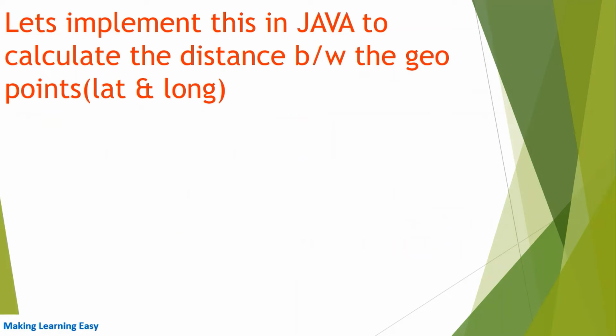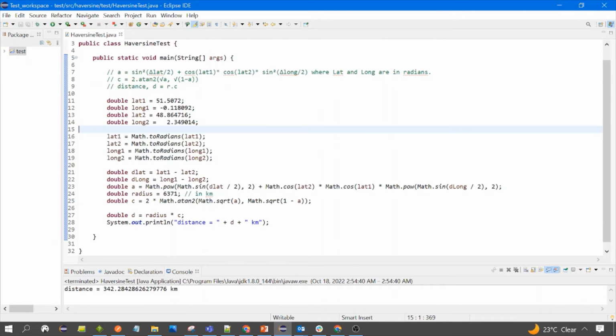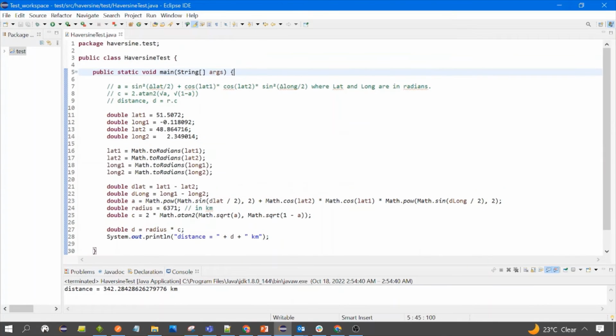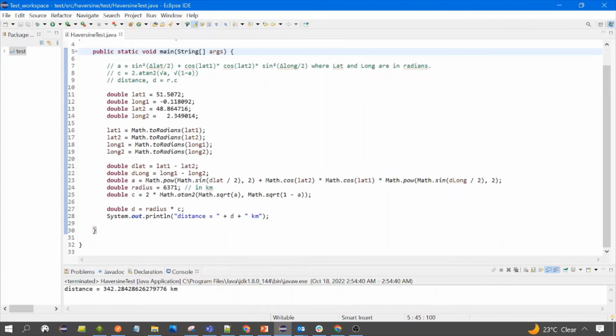Now let's implement this Haversine formula in Java to calculate the distance between geo points, between two locations on the earth. So this is my Eclipse. I have implemented this Haversine formula in Java. So let's see how we can do that. I have created the main method and you can see this is the comment where I have mentioned the formula a and c, and the distance is equal to R cross c. R is the radius of the earth,